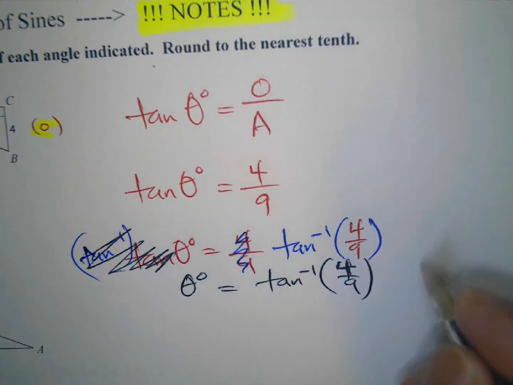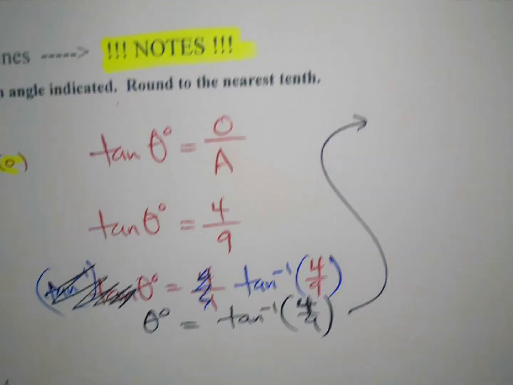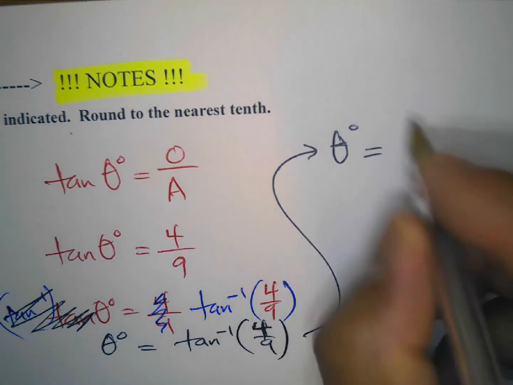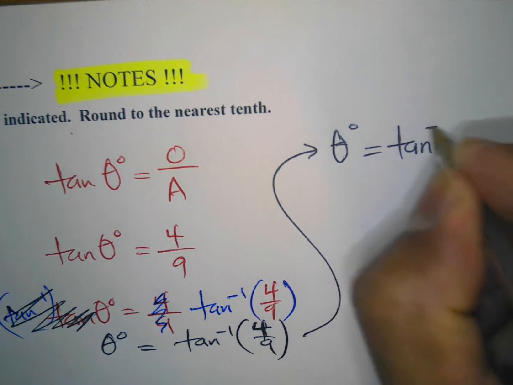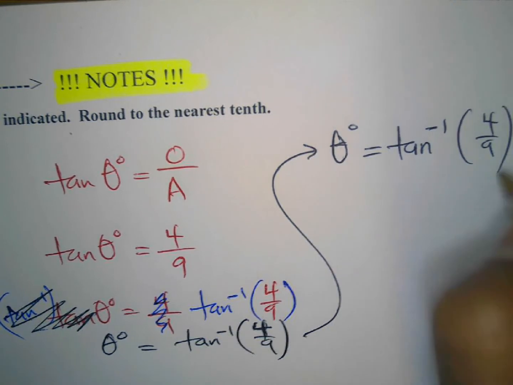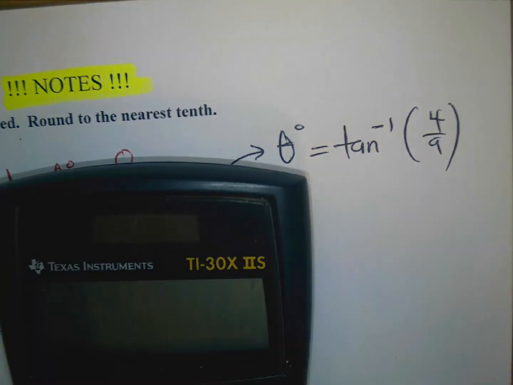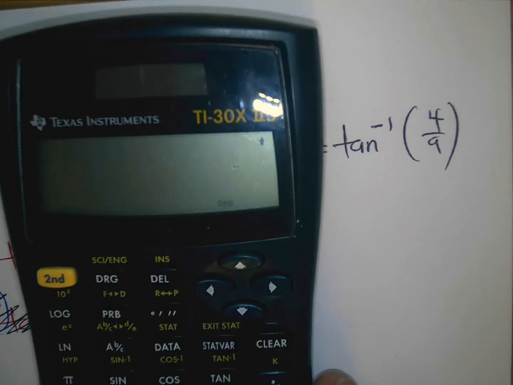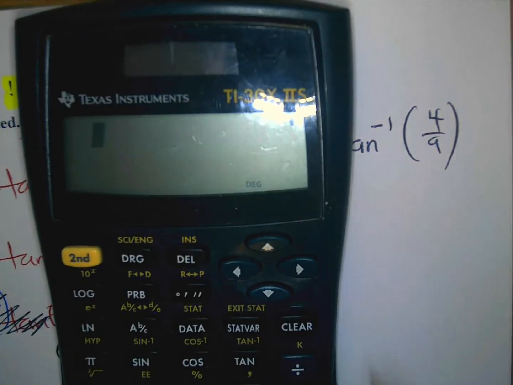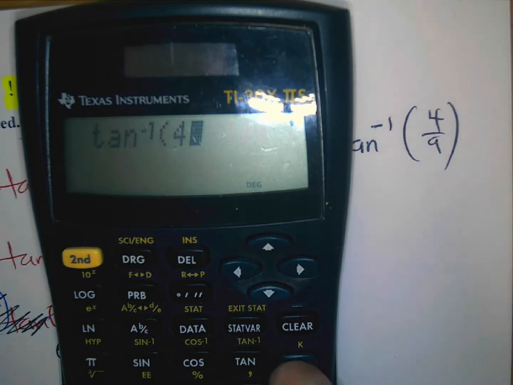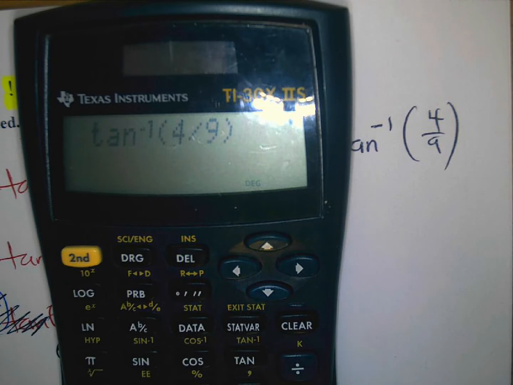And then you just do this in the calculator. The measure of the angle is going to be the tangent inverse of 4 over 9. So we go to our calculator here. Again, it's in yellow, so I have to use the yellow function. Second function, tangent, tan inverse with the -1 exponent. 4 divided by 9, close it, equals